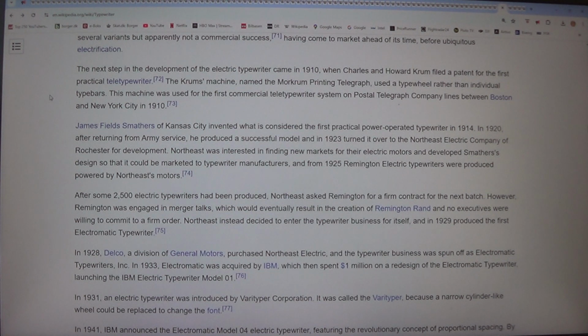James Field Smathers of Kansas City invented what is considered the first practical power-operated typewriter in 1914. In 1920, after returning from Army service, he produced a successful model and in 1923 turned it over to the Northeast Electric Company of Rochester for development. Northeast was interested in finding new markets for their electric motors and developed Smathers's design so that it could be marketed to typewriter manufacturers, and from 1920